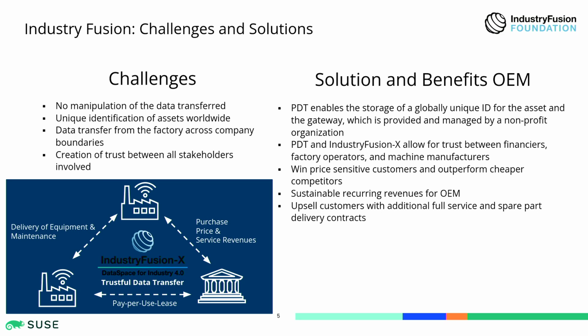A couple of the challenges that we have once we start working through how you actually provide equipment as a service is that you need to reduce the amount of trust required, so you don't want to manipulate the data as it's being transferred. You need to be able to uniquely identify all of the assets through the entire process. We'll be talking about that momentarily. You need to be able to transfer data across company boundaries, which can be difficult to do in a secure way. And again, you need to create trust between all of the different stakeholders. That includes the manufacturers, the suppliers of the manufacturers, and